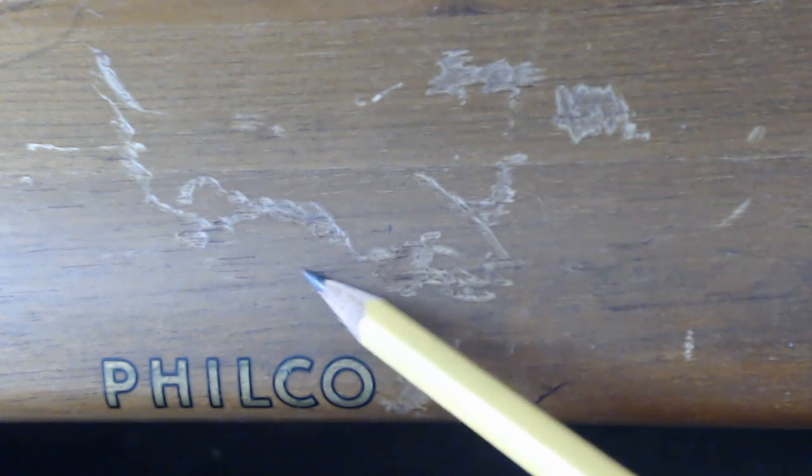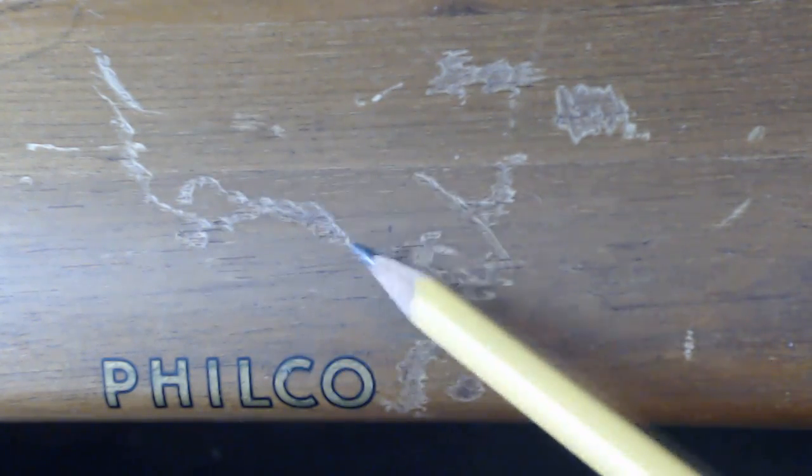So what I have to do is get these scratches to look like this part right here. If I can do that, then I can feather all this with either lacquer or some other clear until it's level with the other part, then sand everything so it's nice and level. But the key is to get these areas this color here. The same with this here, although this is not as deep as the other. This may work with just some Howard's Restore-A-Finish. But this here is going to be a problem. If I can get it to match, then I'm in like Flynn. If not, then maybe we're looking at sanding everything down and